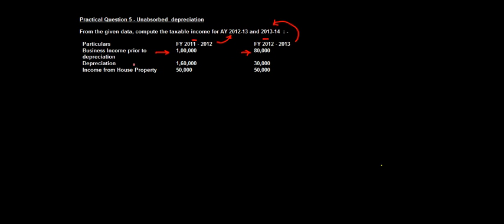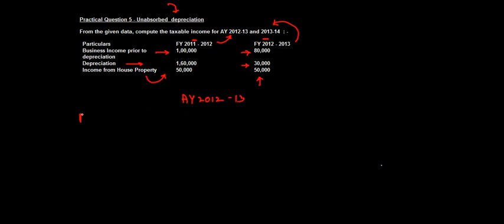1,80,000. You are given depreciation of 1,60,000 and 30,000, and you are given income from house property 50,000 each for these 2 years. So basically, when we compute our taxable income, this question is more to do with how do you deal with unabsorbed depreciation. So let's say for assessment year